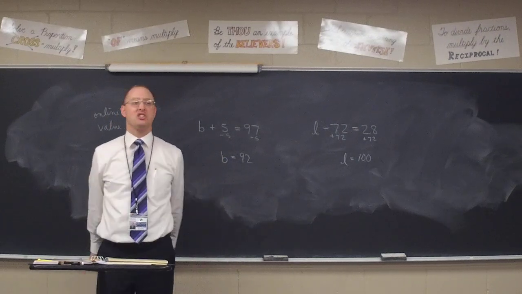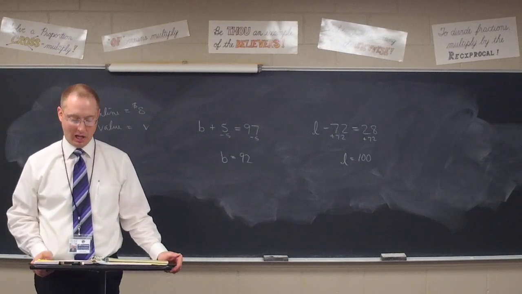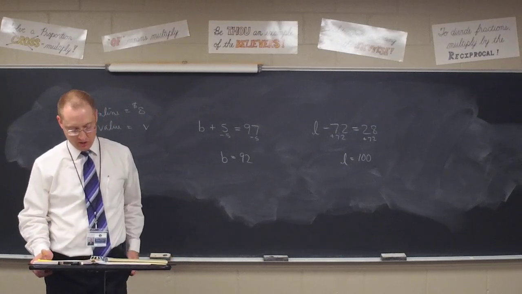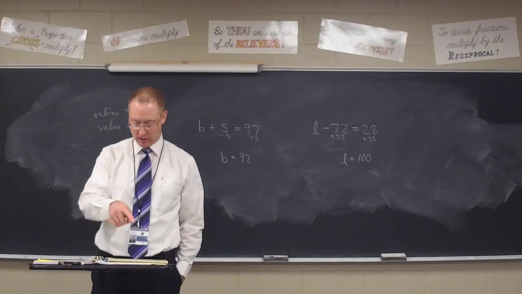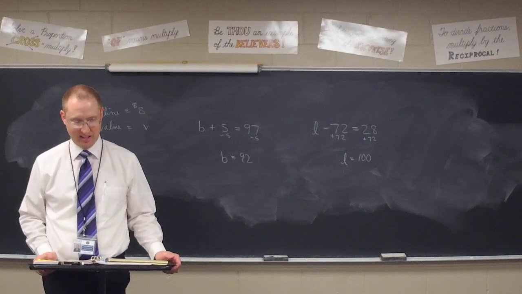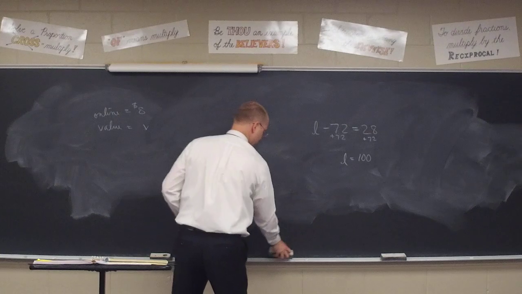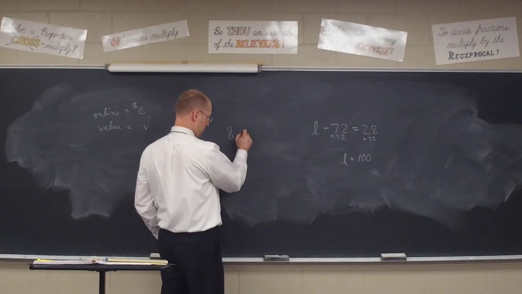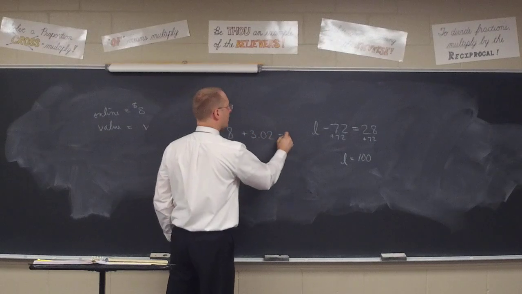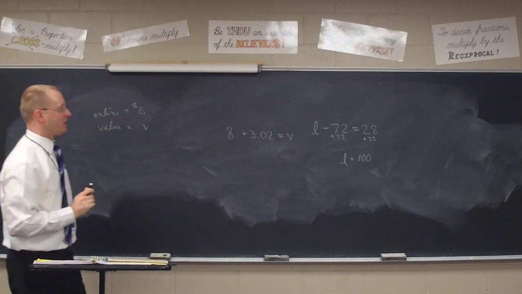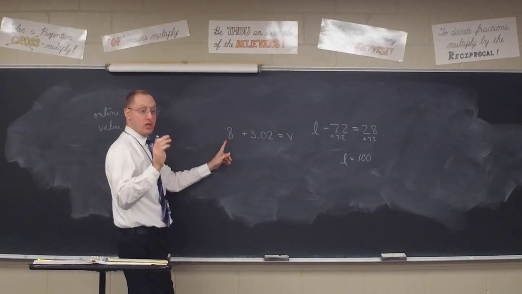At your seats, see if you can take the hints I gave you and make an equation out of it. The online cost, we know that's $8, is $3.02 more than the nail polish at the local value store. Jalen, what's your equation that you wrote here? I had $8 plus $3.02. All right. So it said the online price, that's $8, but then right after it said the online price,